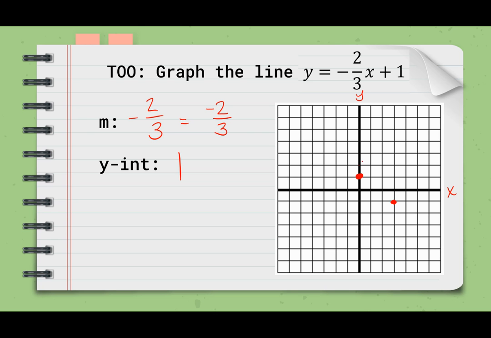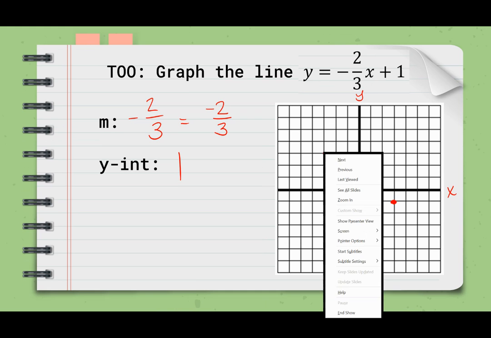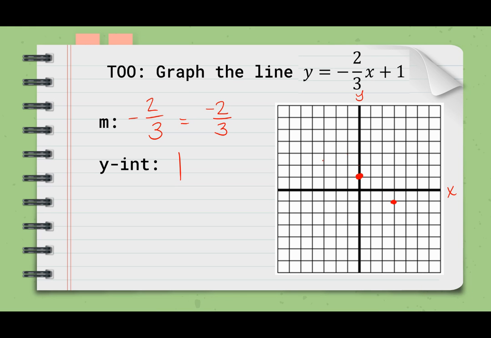Or I could go 1, 2, 1, 2, 3. And I put my line back. There's my line. So you don't have to worry too much about how straight those are going to be because you're going to be graphing it on Delta Math. So that's the equation of my line